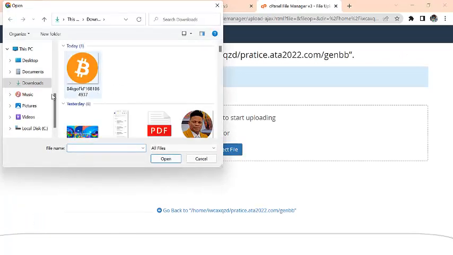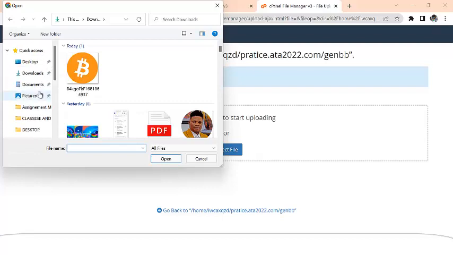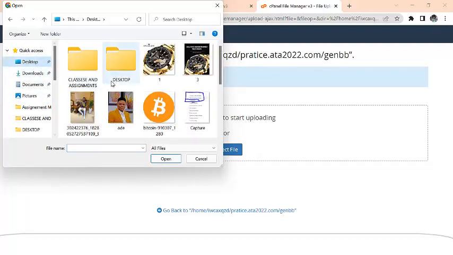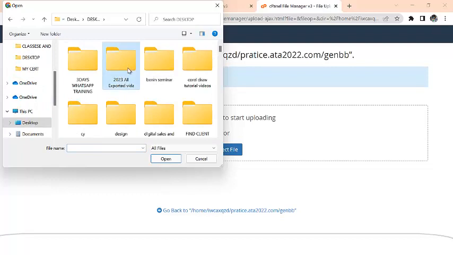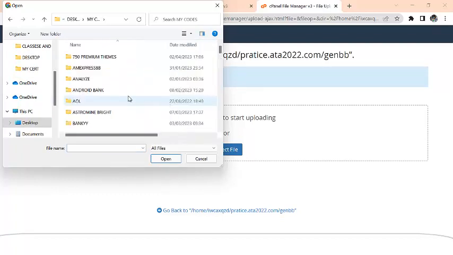So for you, you don't need to do all of that. Just upload directly to your public_HTML. So I'm going to upload my file. So this file,